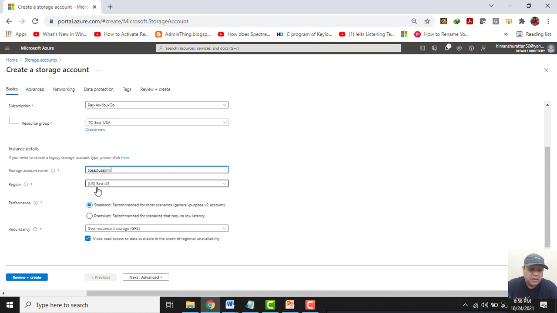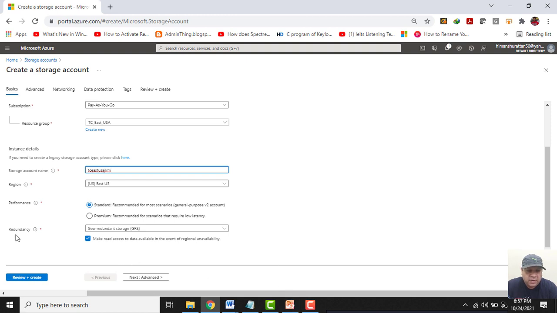Region is correct. Now I see here that in the performance option we have two options. One is standard and one is premium. So what is the difference? Let's see. If I select the standard performance option, I get 4 services. Later on in my presentation I will show you.